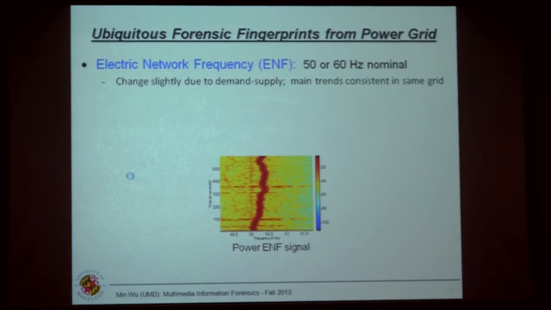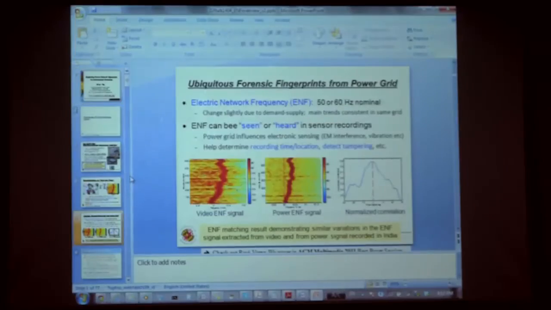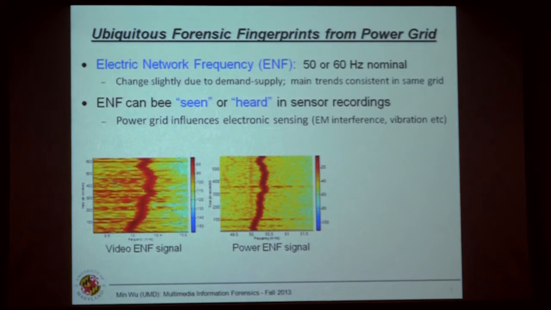Okay, so let's see. This is supposed to show a video recording, video ENF. Let's see. No, this is not it. Let's restart that. Yeah, that's better. Now this is not a video, but they are rendering this